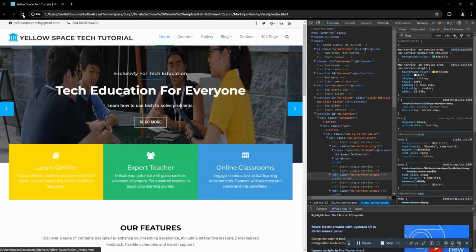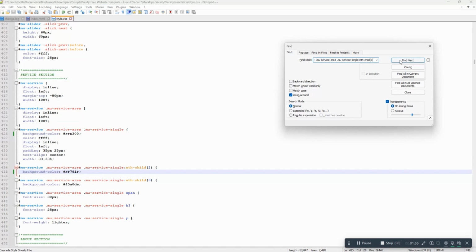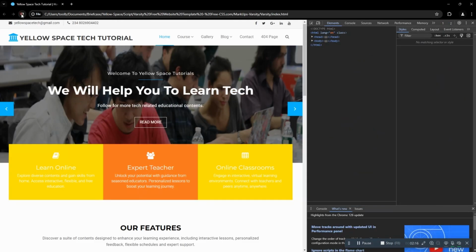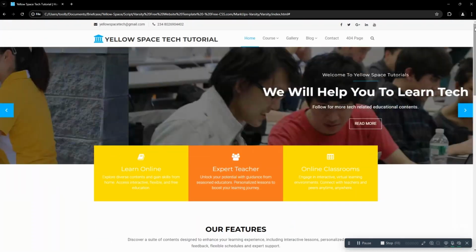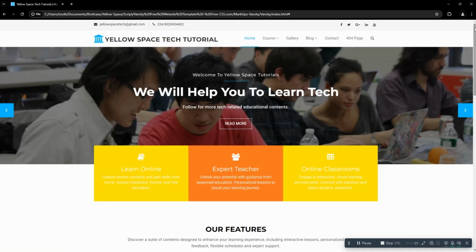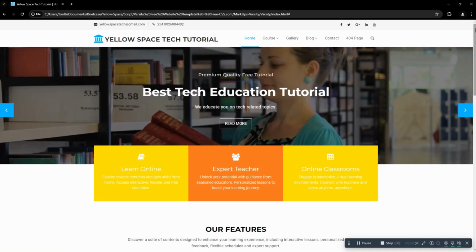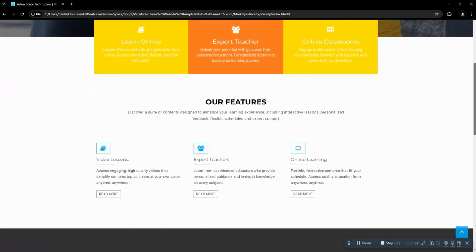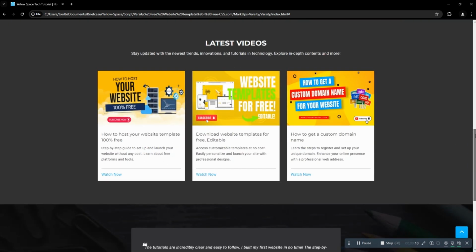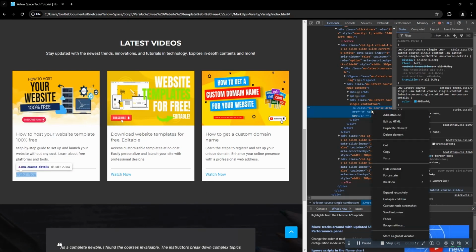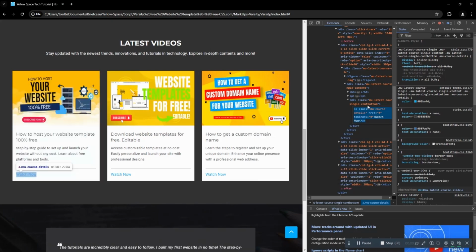Without delay, repeat the same steps to change the color of any other item on the web page that you want to modify. Now we have gotten to the last stage of our editing process, which is inserting a link into our web page. A link can serve various purposes if you want to redirect your website visitors to another web page or website. So, right-click to inspect the item you want to add your link to, copy the code,